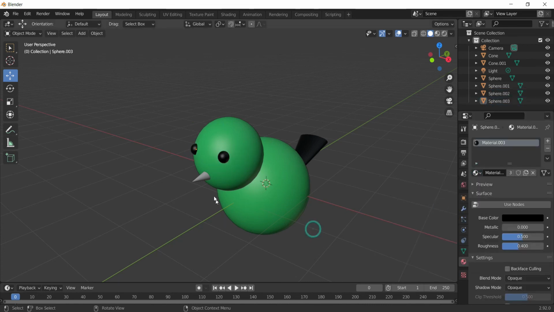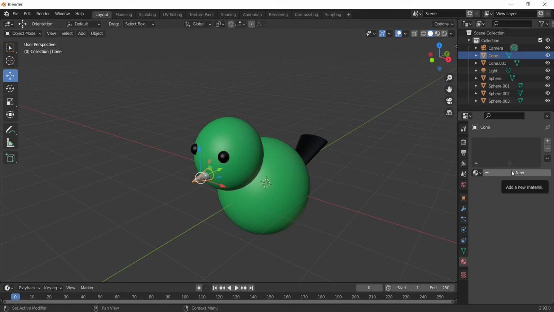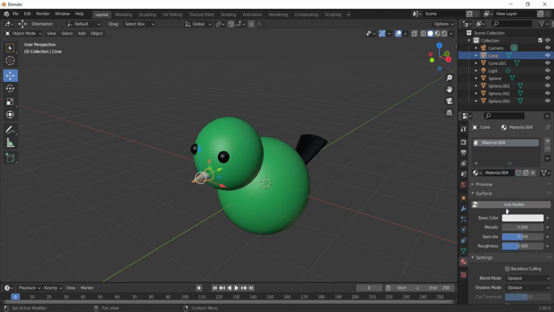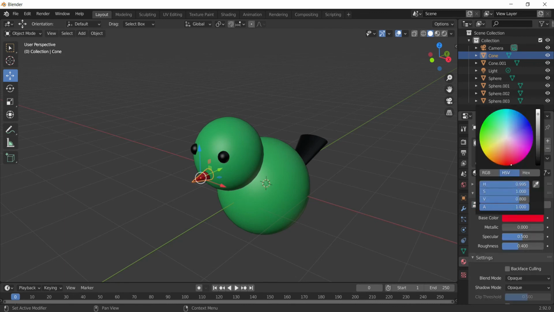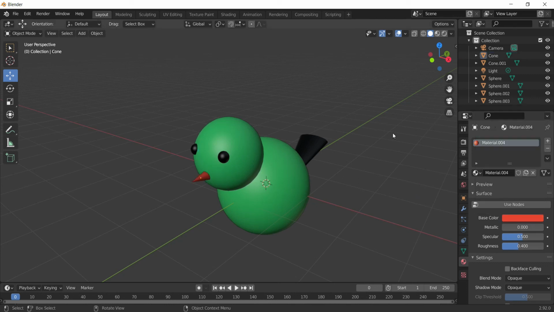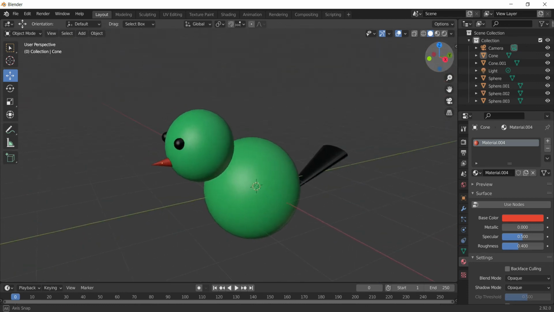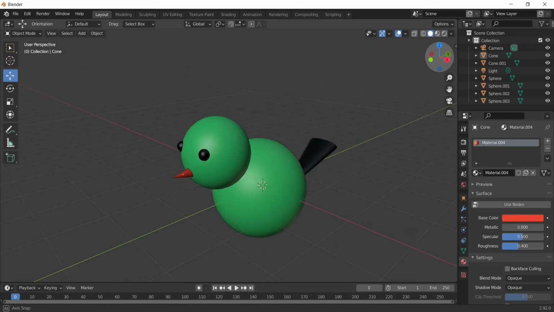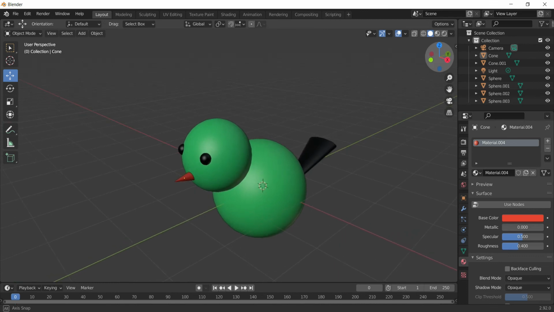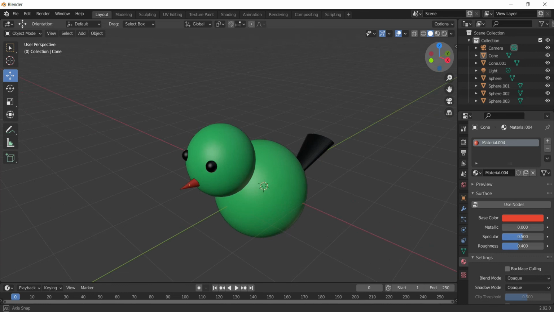And let's say to the beak I want to give a different color, so I will click over here, disable use nodes and choose some different color tone like this. This way you can complete the model of this bird with materials and modeling. I hope you have understood this process. Thank you so much.